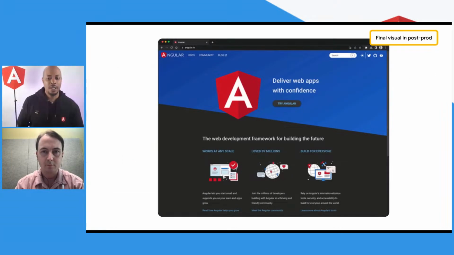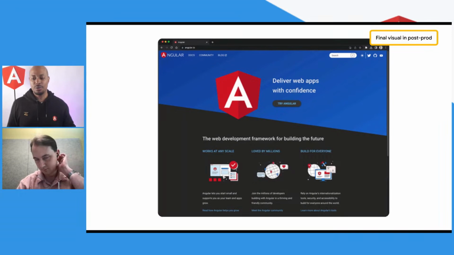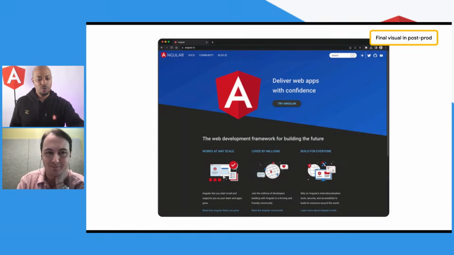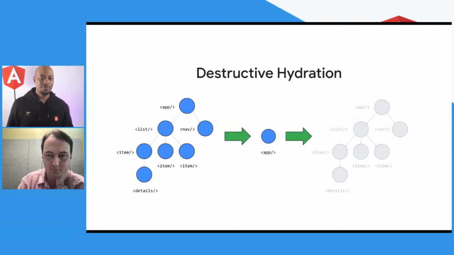Now, currently, here's what you get, okay? You get that little flicker. You see that flicker? This is what you got before last week. This was the state of the world. Your page loads, and then we have to re-render everything, and you get that glitchy-looking flicker. Not awesome. And we'll explain why that's happening.